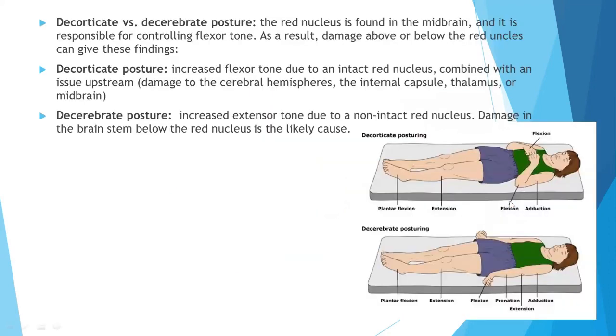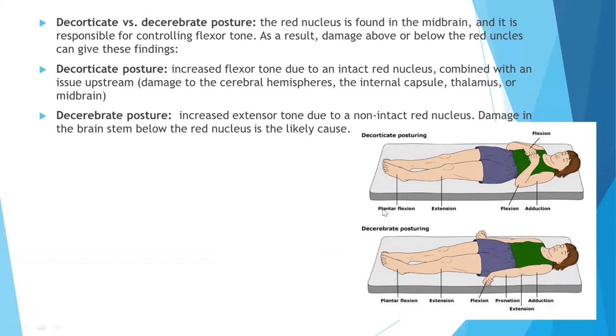You should also remember about the decorticate and decerebrate posture. The red nucleus is found in the midbrain and it is responsible for controlling the flexor tone. As a result, damage above or below the red nucleus can give these findings. Decorticate posture: increased flexor tone due to an intact red nucleus, combined with upstream damage to the cerebral hemisphere, internal capsule, thalamus or midbrain, leads to